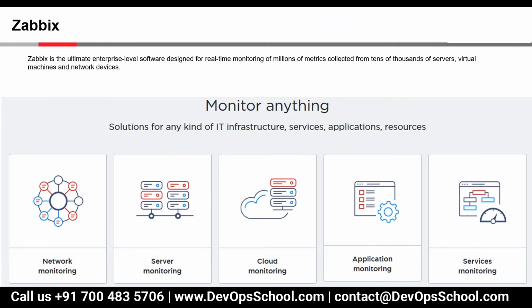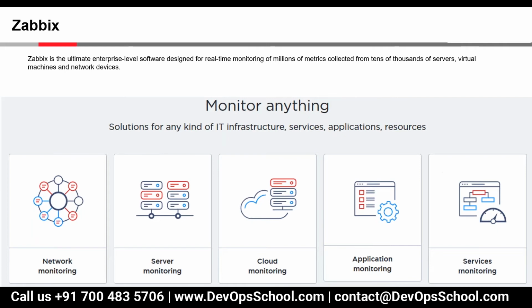Then what all things can we monitor through Zabbix? So first one is network monitoring. In network we monitor routers, switches, firewalls, even access points, and all are done through the SNMP protocol. We don't need any agents installed on that system. It will be agentless monitoring, through which we will capture the network interfaces, the port status of that particular device, all those things.